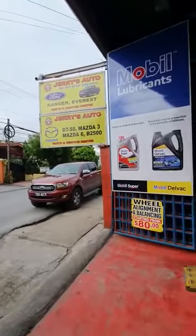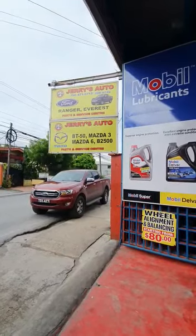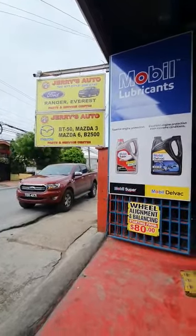Chase Village by the Triangle, Jerry Service Center, all pickup parts. Used Hilux, Ranger, BT50. Give us a call,